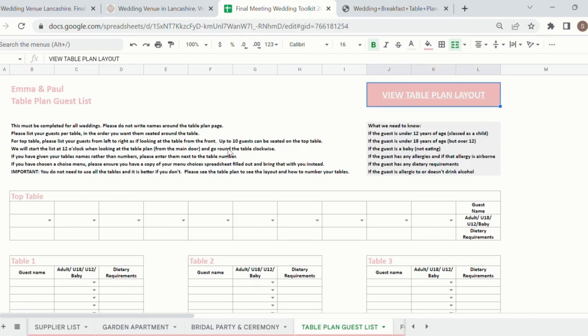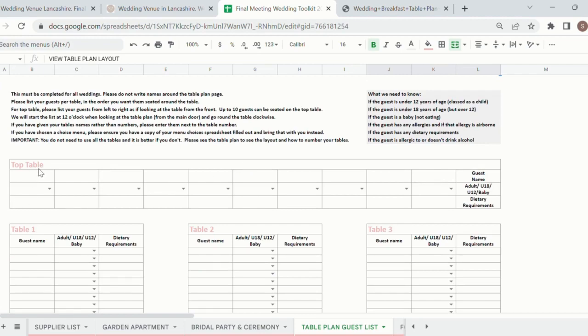So this just tells you everything about the sheet and how to fill it in, but I'll probably tell you pretty much all of that anyway now. This is what we need to know, so the age of the guest and allergies and dietary requirements and things like that. So on each of the tables there is a space for you to write if your table has